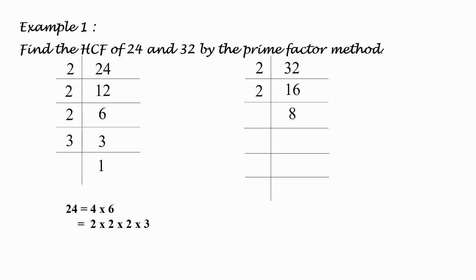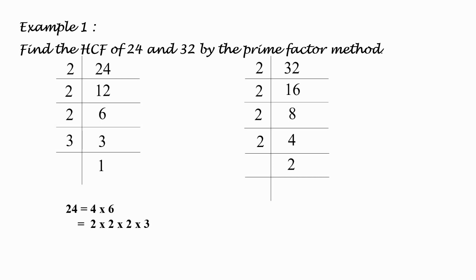So factors of 8 are 2 and 4. So from 2 and 4 same 2 we will write on the left hand side of the vertical line and 4 we will write below 8 on the right hand side of the vertical line. Now further we have to factorize 4. So factors of 4 are 2 and 2. So from 2 and 2, one 2 we will write on the left hand side of the vertical line and the other 2 we will write on the right hand side of the vertical line below 4.